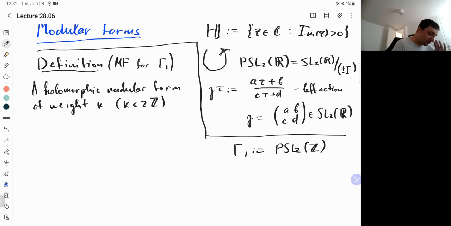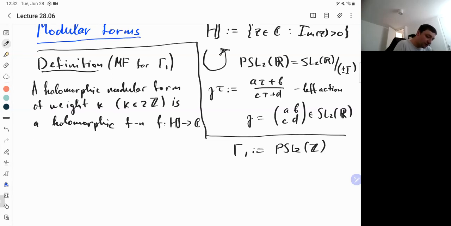It makes the theory very pleasant to work with. Unfortunately, sometimes you have to work with other weights. So a holomorphic modular form of weight k is a holomorphic function f on the upper half plane